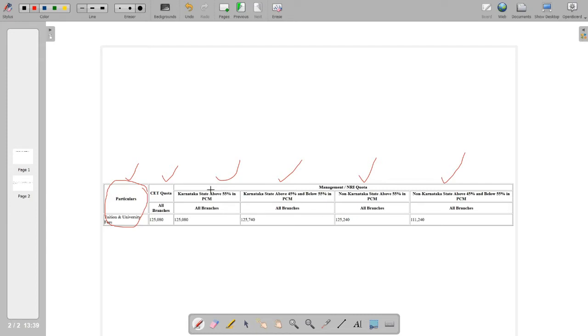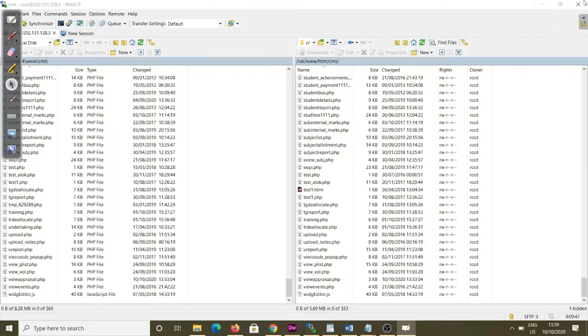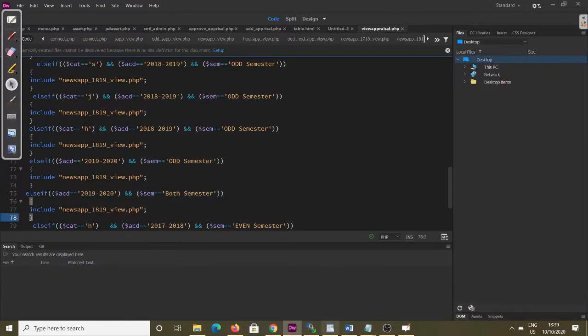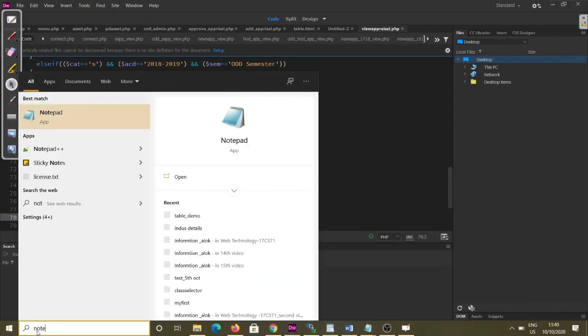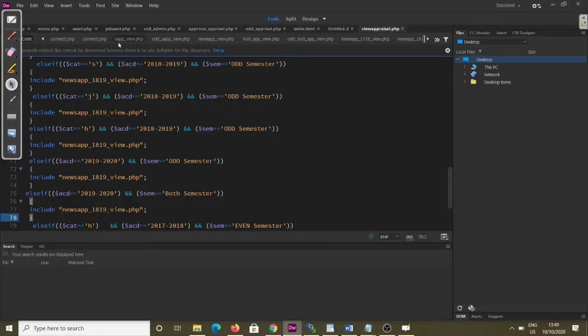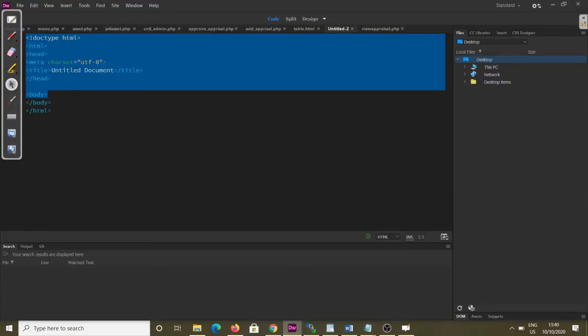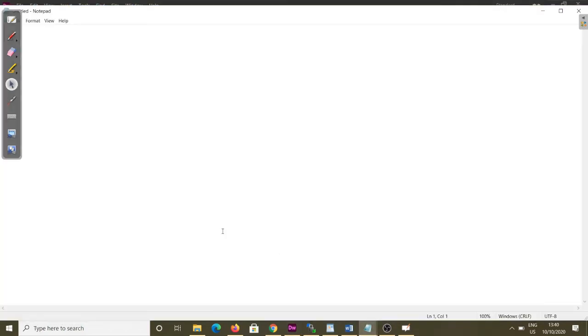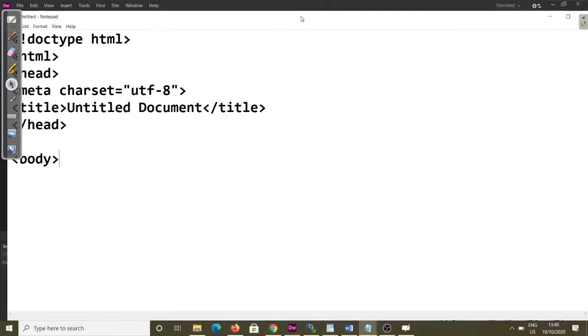So here we'll start the coding. For coding purpose, I will start a notepad. In the notepad, the basic part of the HTML, I'll copy from here so I can save a little bit of time.